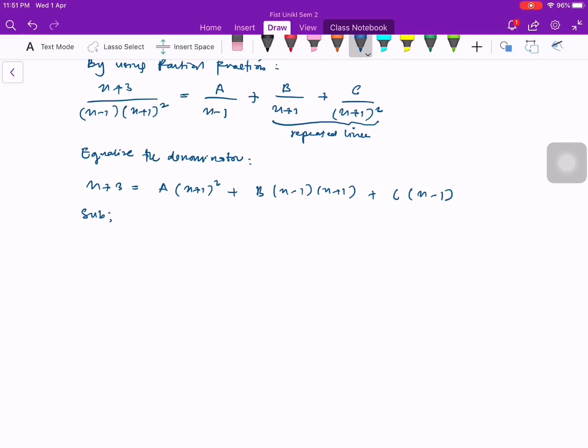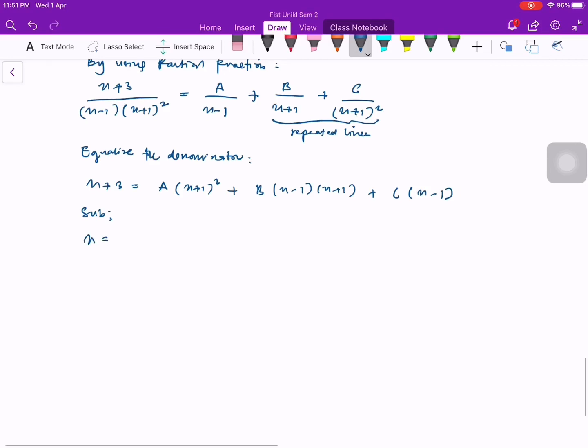So let's start with x is equals to minus 1. Okay, so saya akan start dengan x is equals to minus 1. Then I'm cancelling a and b actually untuk dapatkan c. Kalau saya gantikan dengan x minus 1, then I'm going to have 2 which is equals to c times with minus 1 become minus 2. Therefore I'm going to have c which is equals to minus 1.